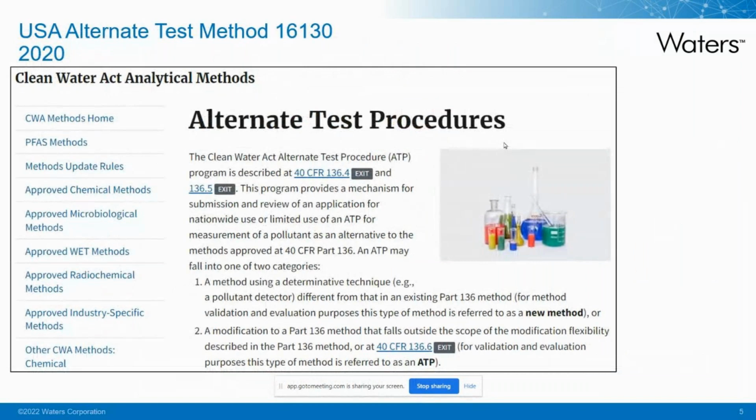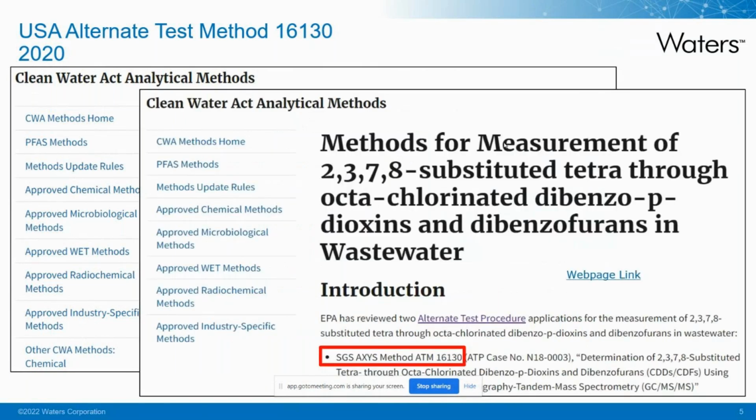The United States was a little bit behind Europe in this respect, but in the environmental field, we have the Clean Water Act that the EPA has as part of their charter. And this allows for alternative test methods. And in 2020, so now 3 years after that previous updated European method, SGS Access, working in collaboration with EPA, came up with an alternate test method for dioxins and furans in environmental matrices. And that's what you'll sometimes see abbreviated as ATM